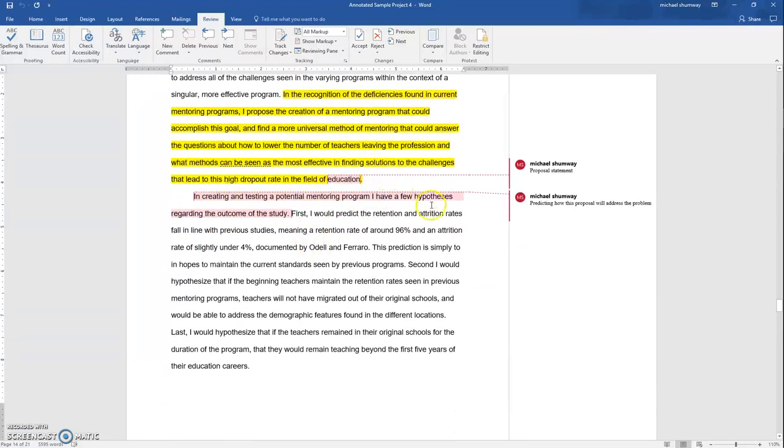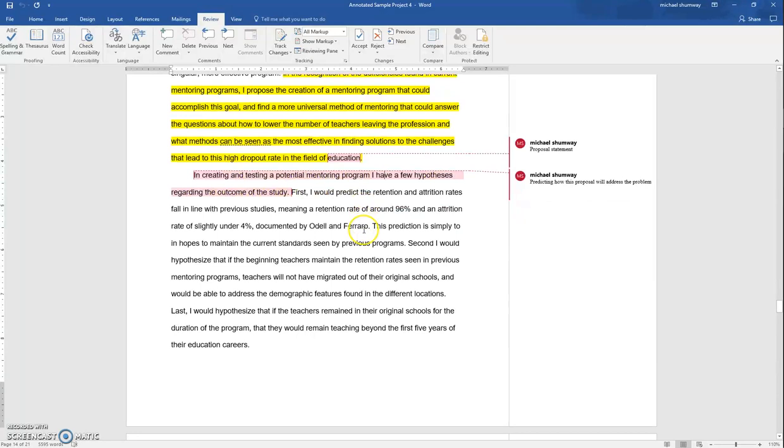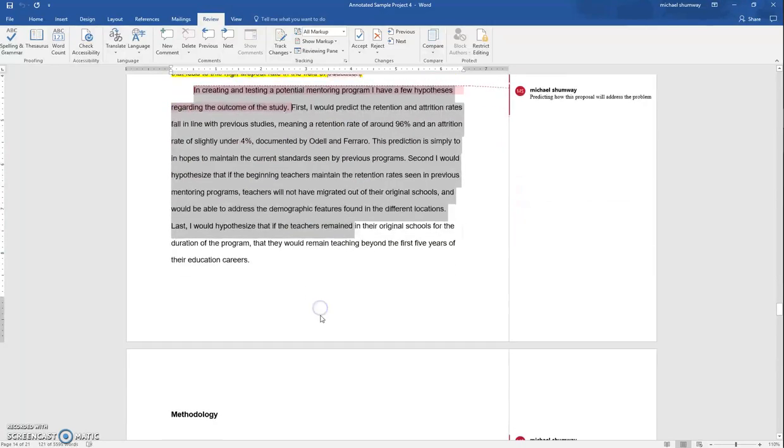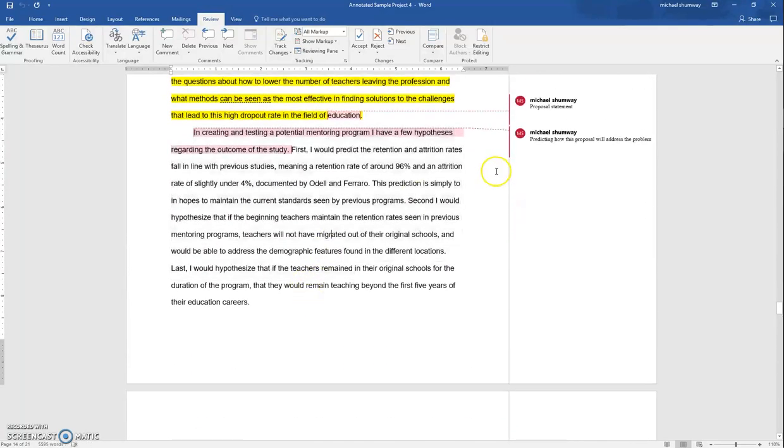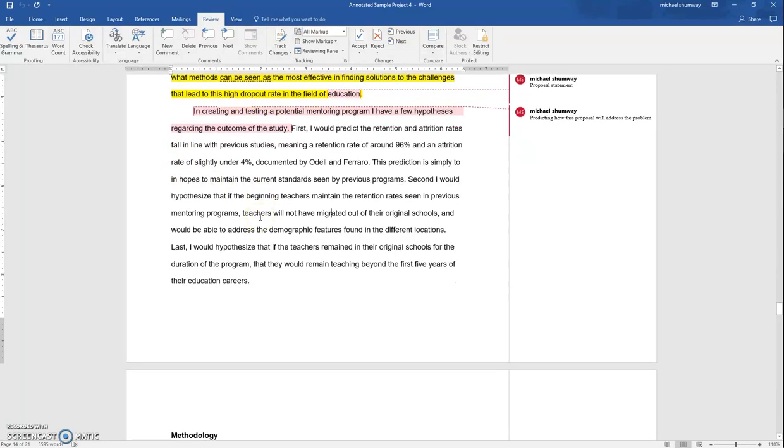So then once you do that, once you come down here and do your proposal statement, you just, kind of briefly in a paragraph, predict how this proposal will actually address the problem. So this was just, I predict the retention and attrition rates will fall in line. Again, it's all hypothetical, but you're just thinking like, okay, if this happens, I think this is how it would